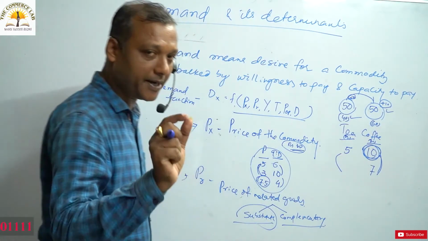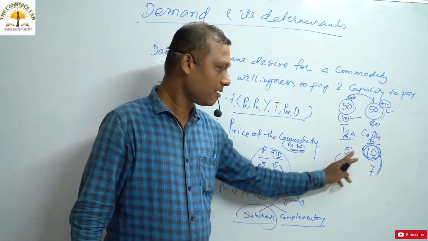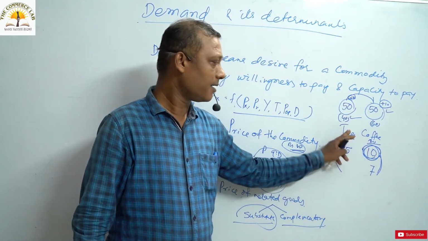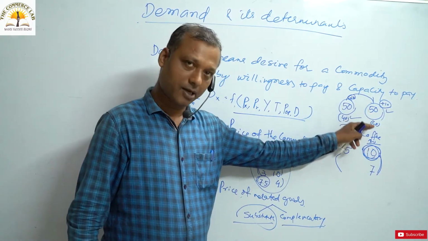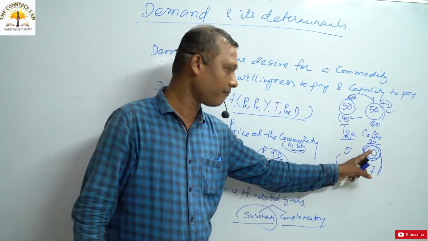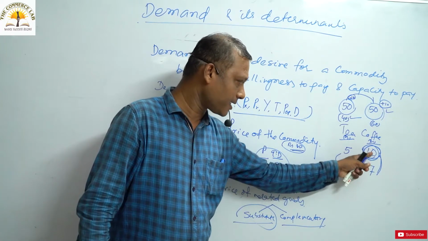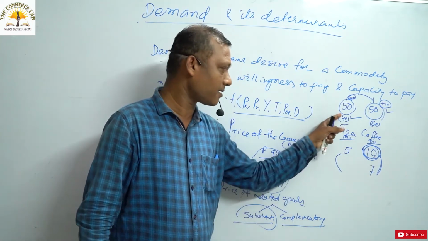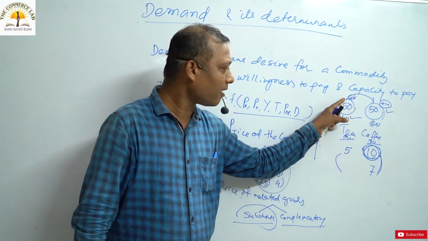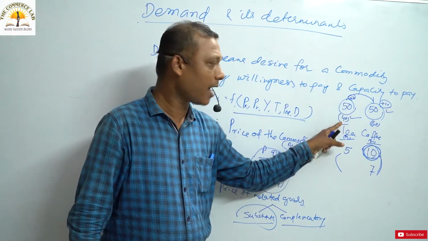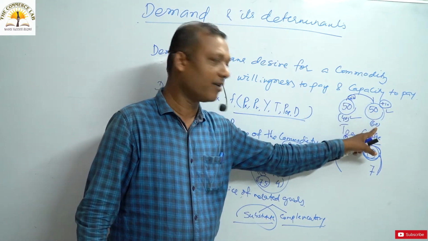Are you clear? I am repeating once again. Price of tea is 5 rupees. Coffee price was 10 rupees. Tea is consumed by 50%. Coffee is consumed by 50%. Take for example, we have reduced the price of coffee from 10 to 7. So when we reduce the price of coffee, naturally some persons who are taking tea will move to coffee. As a result, the demand for tea will fall, as we have taken 10 consumers to 40, and the demand for coffee will rise.